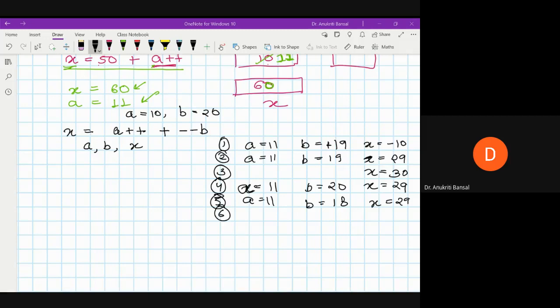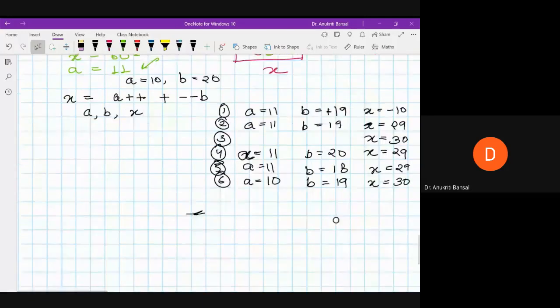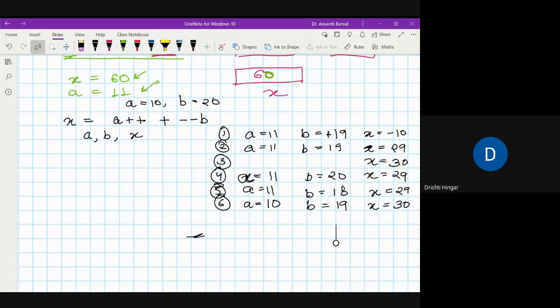Hello, ma'am. Yeah, Drishti. Ma'am, my output is A is 10, B is 19, and 30. ठीक है. चलो, Drishti, you explain how you are getting this output. Ma'am, actually, in A, we are doing post increment, and in post increment, we first evaluate A, and A will be 10, and then we increase it. And in the case of B, B is. So you have not increased it. Ma'am, but the actual value of A remains same because we are first